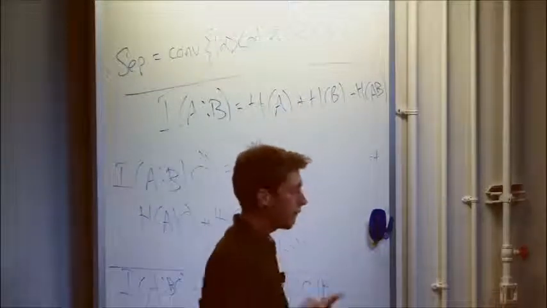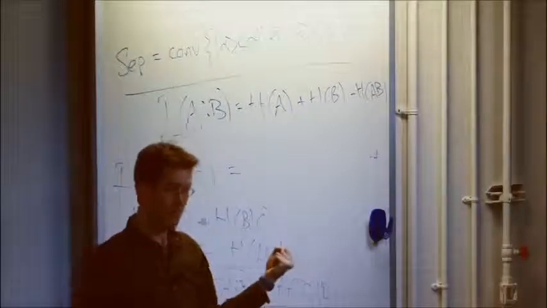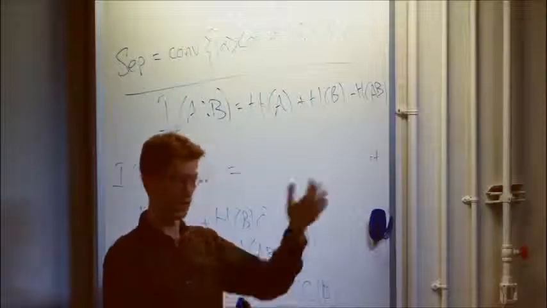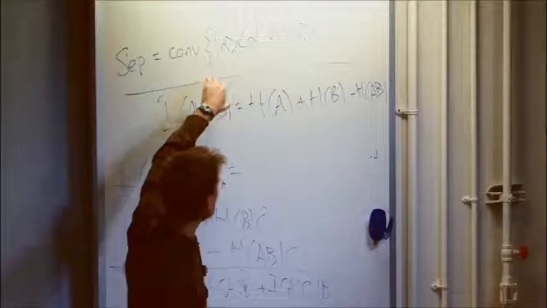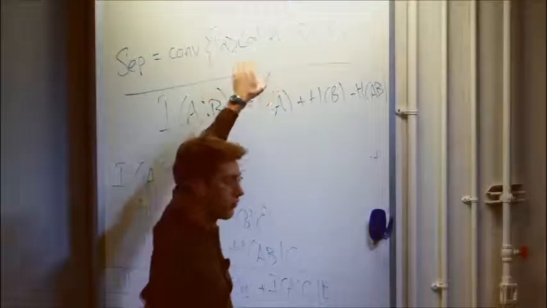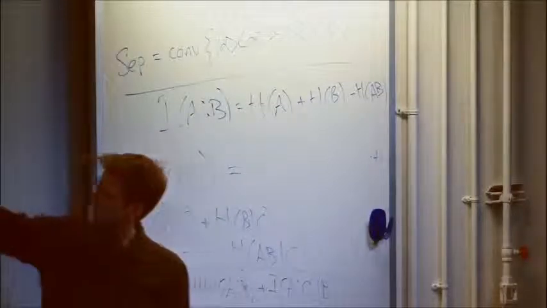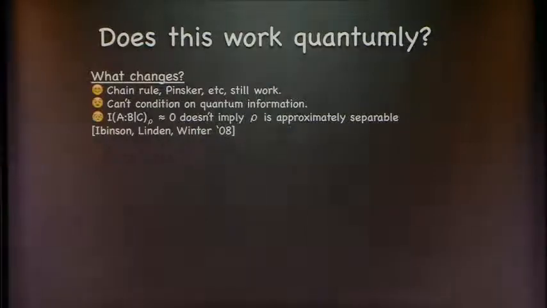And if, conditioned on a third system, A and B are completely independent, then that means that they are separable. It means that that third system is like a classical index, and the system AB is written as just a convex combination of completely independent things. However, this does not hold approximately. If the conditional mutual information is approximately 0, that doesn't mean that you are approximately separable. So there are things here which are mathematically somewhat difficult.